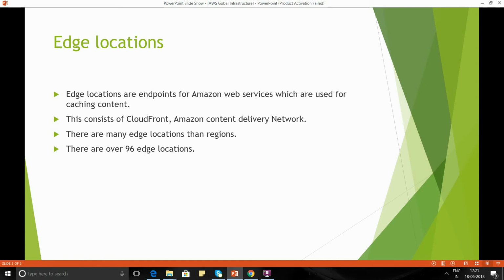Consider, just for an example, if a user from Australia is trying to access some information from a server which is located in Frankfurt in Germany, when he accesses the information from the server which is located in Frankfurt,